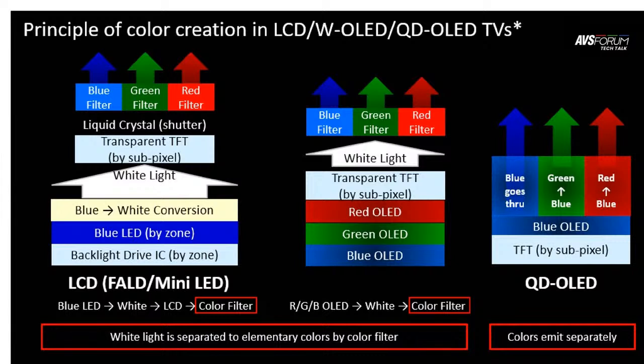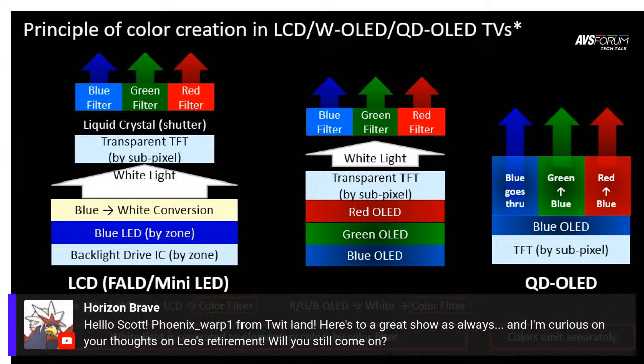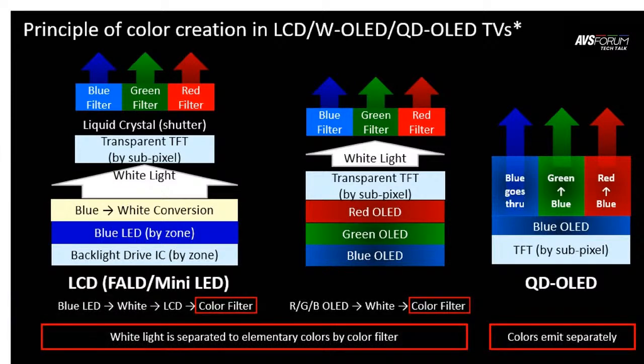So those red, green, and blue light emitting components are not directly related to each of the subpixels. They work together to create white light, again, filtered. Where QD-OLED is different is that it starts with a 100% blue light source, and then we use quantum dots to essentially color shift that light from blue to green or blue to red